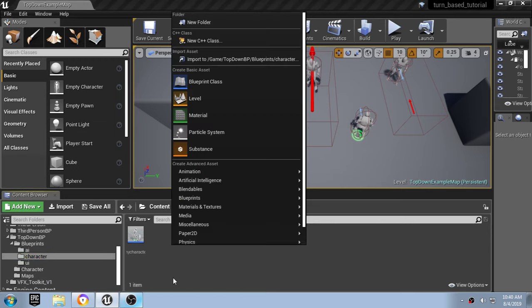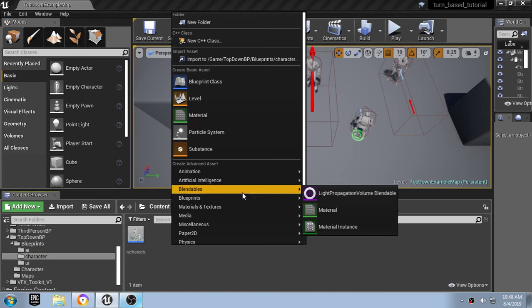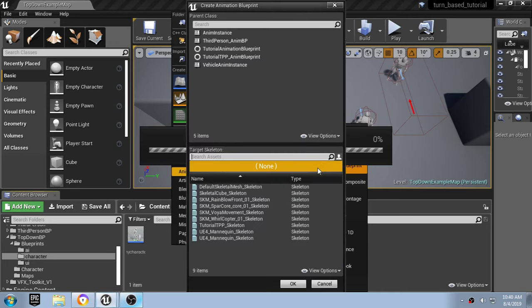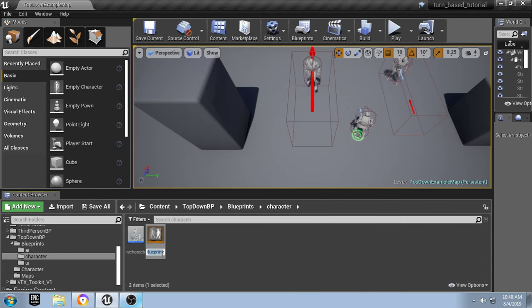So let's do that. We're going to right click in our character folder, go to blueprints, well, go to animation, and add an animation blueprint. We're going to add it for the modular RPG Heroes poly art mesh. So let's do that. We'll call this my character animbp,